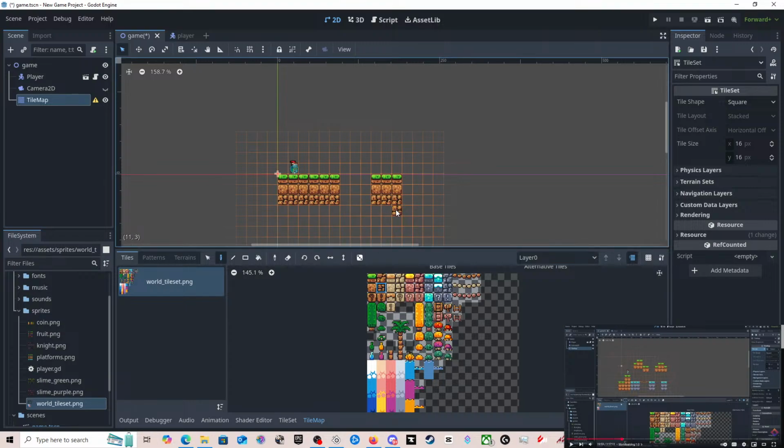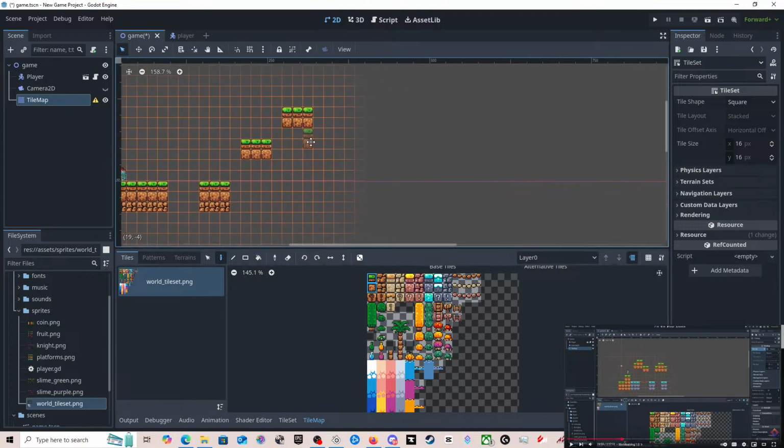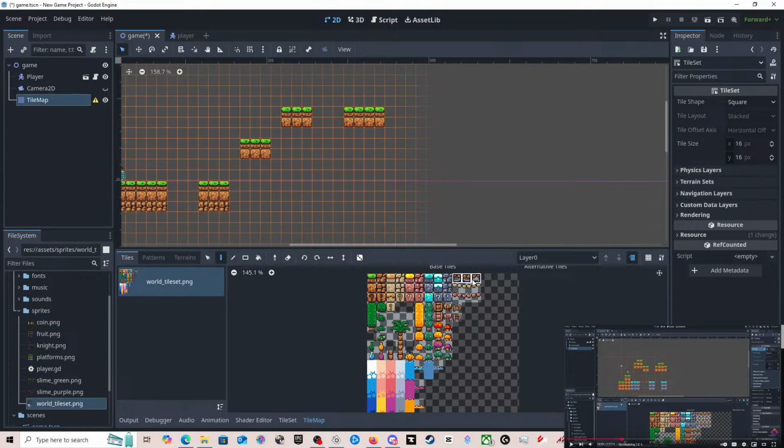We'll do that. And these are just different colored tiles. Let's say when we get to there, we want to go up to about there. So if we select that, don't know if we're going to be able to jump up that high. And then maybe that there. And then we'll do this along here. We'll stick these little bridges in.